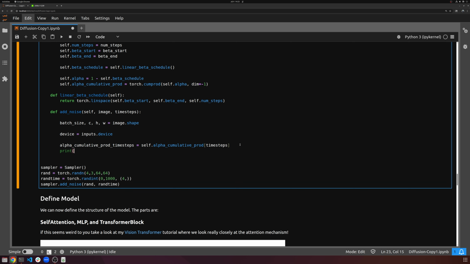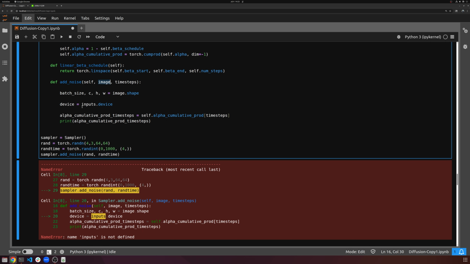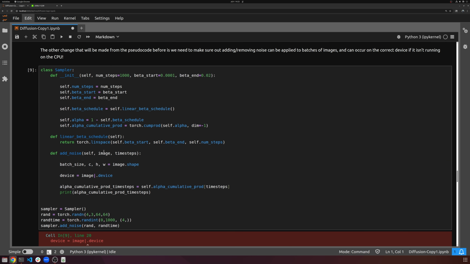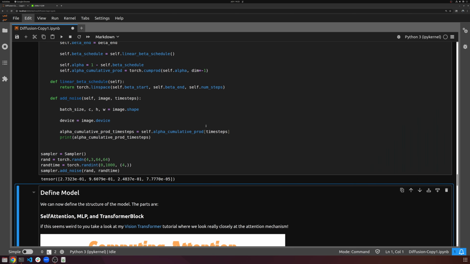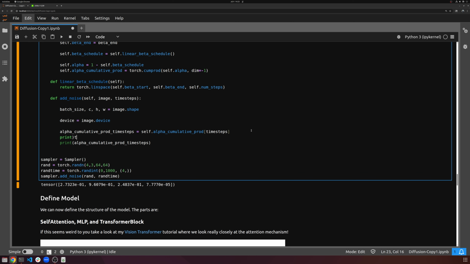And if we take a look at that, print alpha cumulative prod time steps, you'll see something is missing. This should be image, not inputs. So let's go ahead and fix that. Oh, my bad. There. So we can see that we indexed, and if we print time steps,